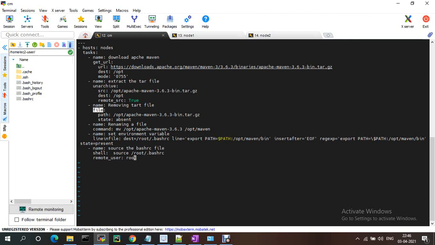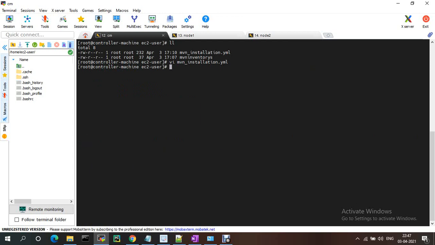I'm using the file module with path and state absent, renaming with the command module, and setting the environment variable with the lineinfile module. And source the bashrc. This is the one. Now let me try to execute this playbook.